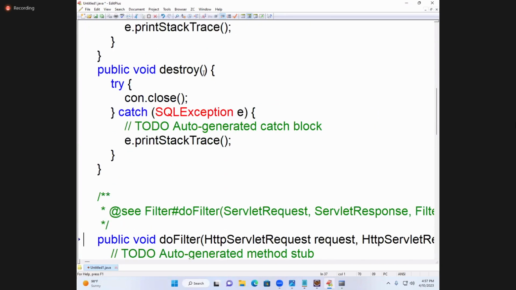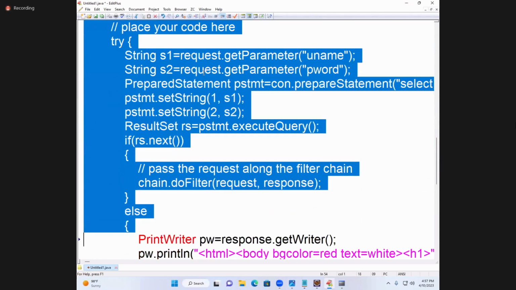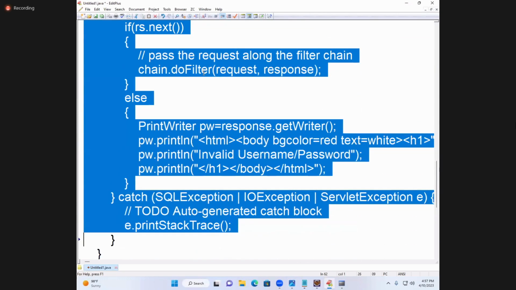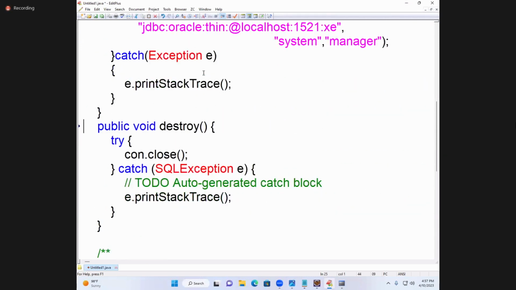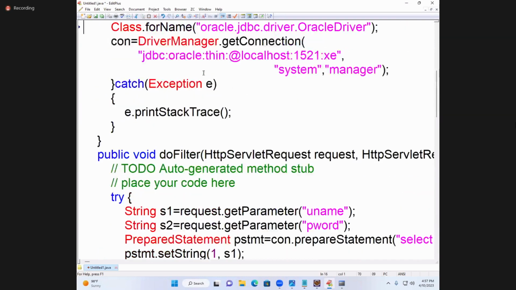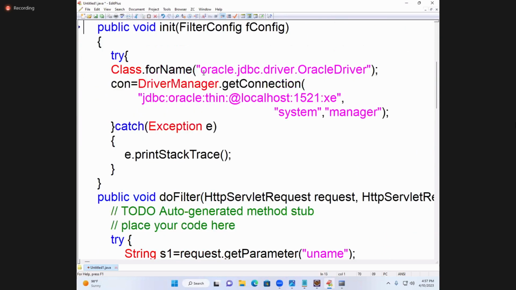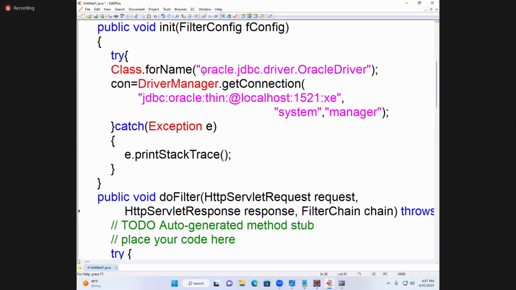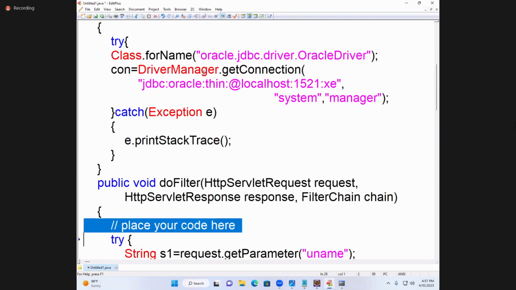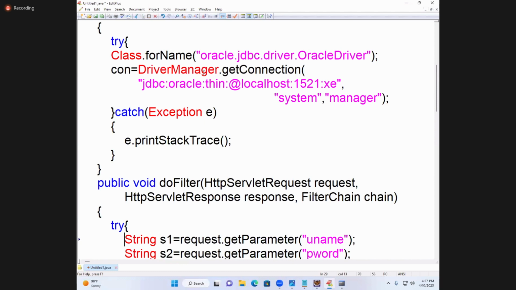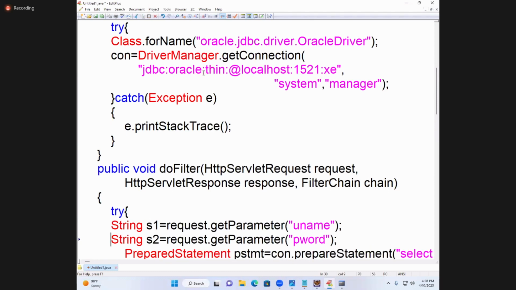Okay, first doFilter, write it better. Any order you can write, not a problem, because in execution first only init is executed, later doFilter. So any order you can write. Noted? After connection establishment,